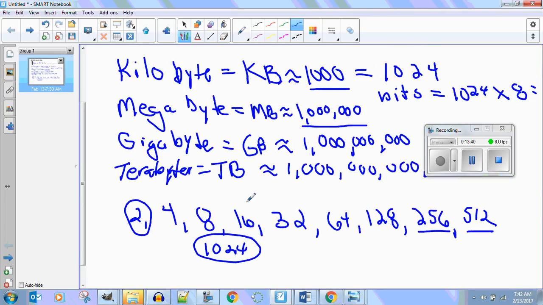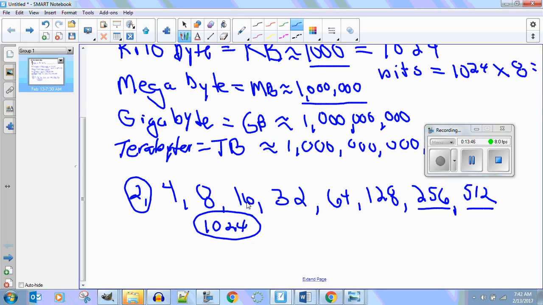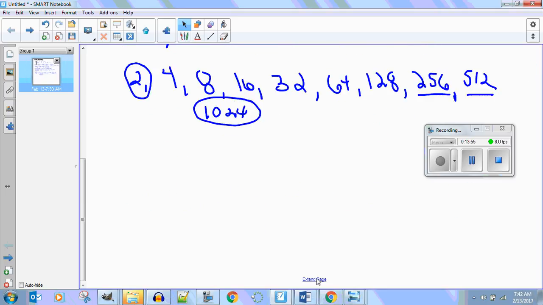So who's getting this so far? You guys writing this down so far? Trust me, you need to write this down. Are you with me? If you don't write this down, you ain't going to get it. Okay, so stay with me here because now we got to start getting into how do we read and write binary. So that's kind of the foundation of it. Are you with me?